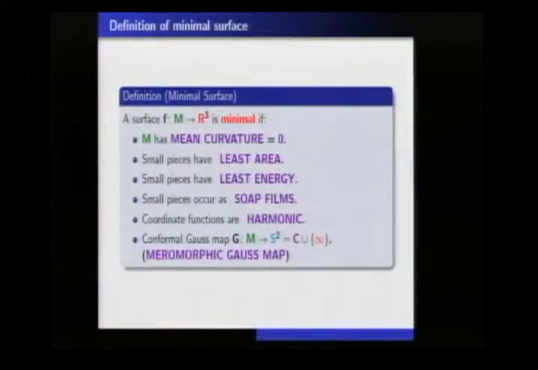So perhaps next week I will talk about the global conformal structure of certain complete minimal surfaces in R3 and properties about area growth. And when I do that, it's very important that the coordinate functions are harmonic. For many global questions, as we saw last time, a very useful tool is the Gauss map. And because the second fundamental form is essentially just the derivative of the Gauss map,